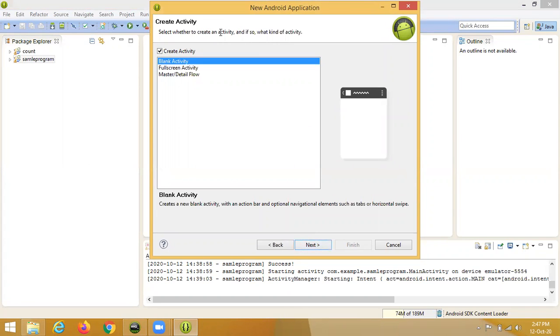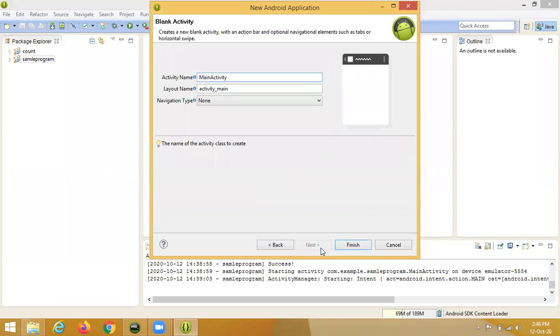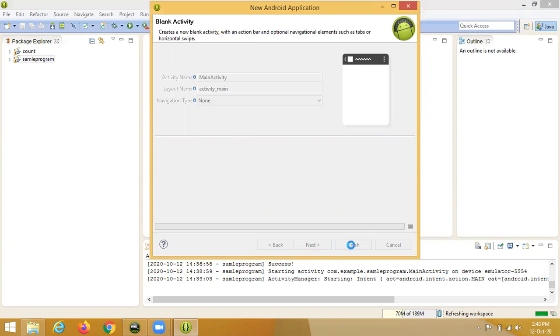When we start a basic program, we need a blank page. Then only we can read the basic program. Otherwise, you can't understand what the full activities and master activities are, because it is a first program. Next, all the steps we have to do are done successfully. Just give finish. The page will be open.